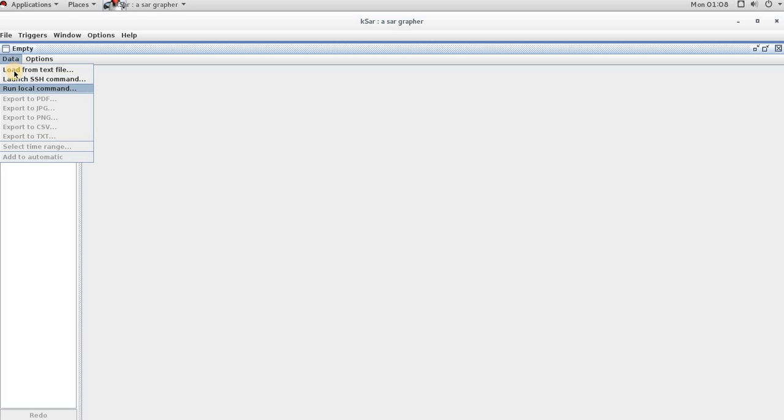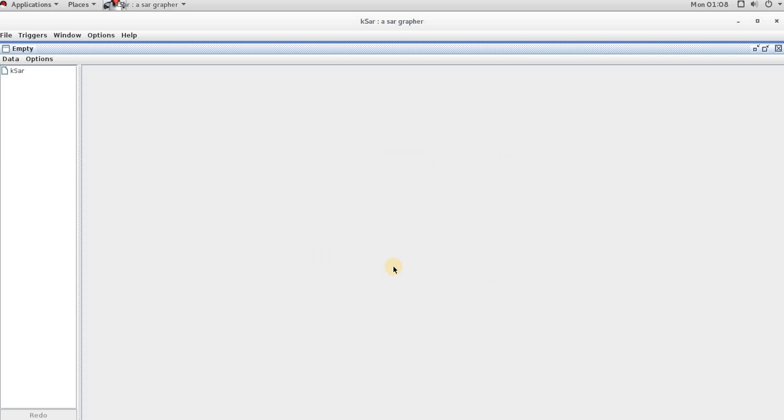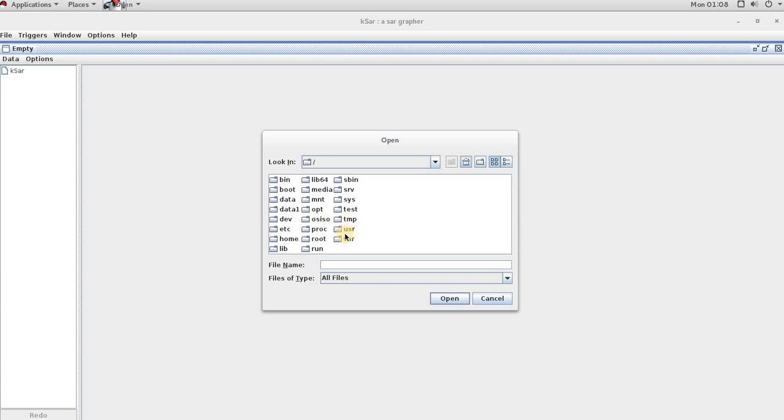The first option is you can go and load your kSar file from your system. Basically it is stored in var, let me give you the location. It is the var log SA directory. Inside this SA directory you would be able to see these files. Since my system has not been running for a long time, there are few files which I can see. If your system has been running for a long time, then you would be able to see more files under this location. So let me go to var